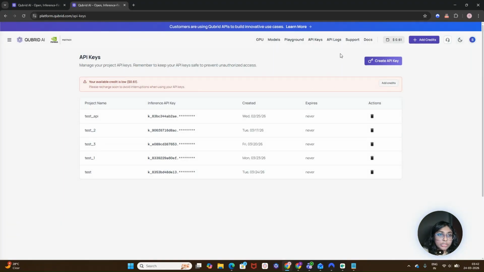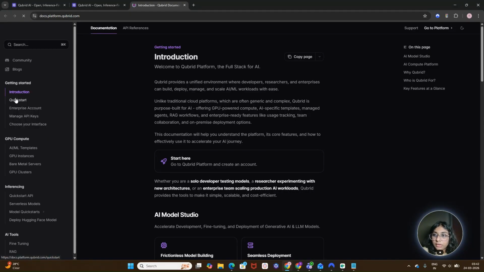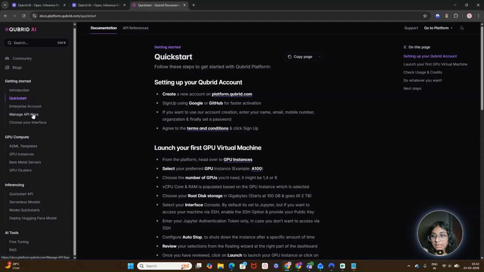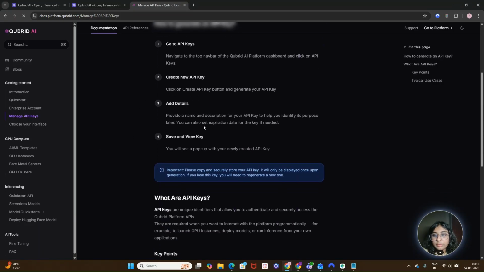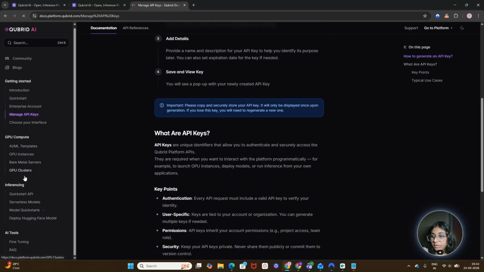If you want to explore more, you can click on Docs. Then we have over here a Quick Start Guide as well, which helps you to set up a new Qubrid account for yourself on the platform. Then we have Manage API keys. You can go through this guide to see how you can create an API key and how to set it up. Then we have model specific documentation over here.